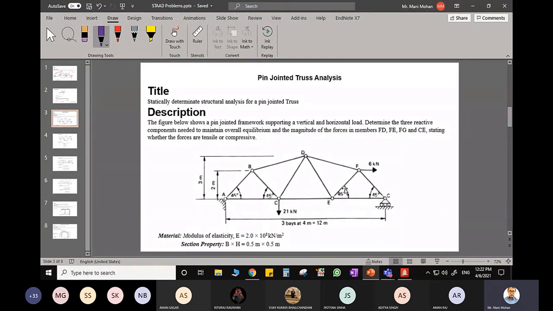So as I said, if you want to do the analysis in any structural analysis software, the material property has to be defined, that is, you have to define the Young's modulus of elasticity, and the section property has to be defined. In this problem, what has been asked, you need to tell me what is the magnitude of the force in member FD, this member, FE, this member, FG,